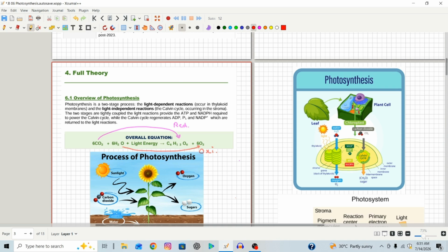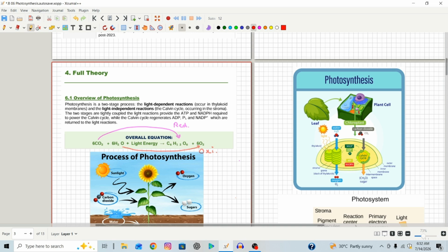Photosynthesis actually happens in two stages. The first is the light dependent reaction and the other is the light independent reaction. The light dependent reaction depends on light and occurs in the thylakoid membrane, and the light independent reaction is also called the Calvin cycle, or you can say the dark cycle, and it occurs in the stroma of the chloroplast. We will be discussing these two stages in detail, but before we go into these stages, you have to